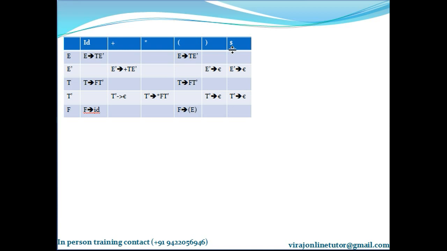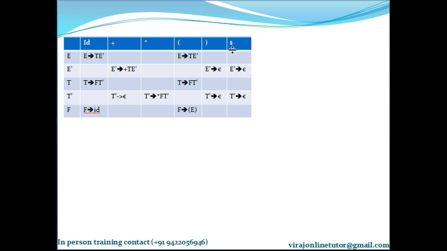We are just going to learn how to parse first using predictive parsing, and then in later sessions we'll learn how to construct this table. If you have a question in your mind about how to construct this table, no worries at all. I will make it very easy. Please hold for a moment.